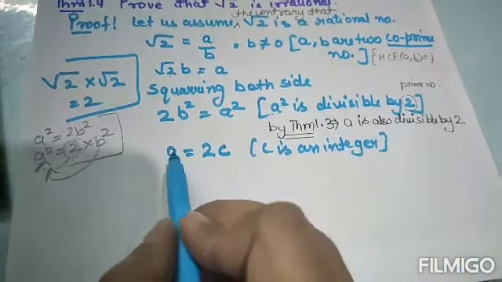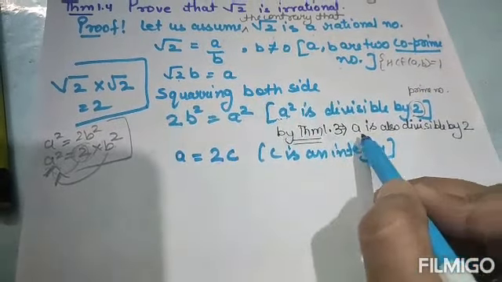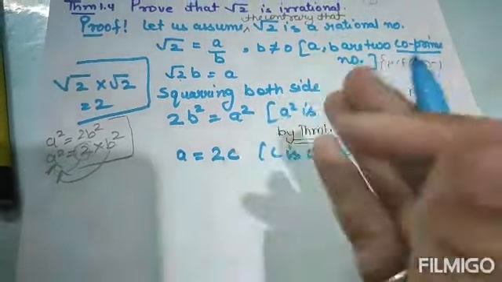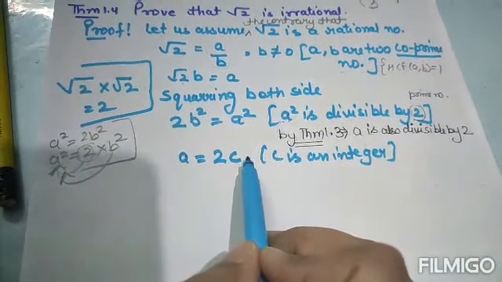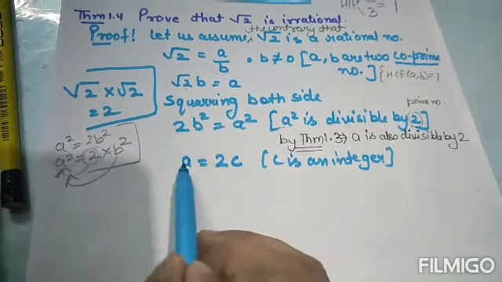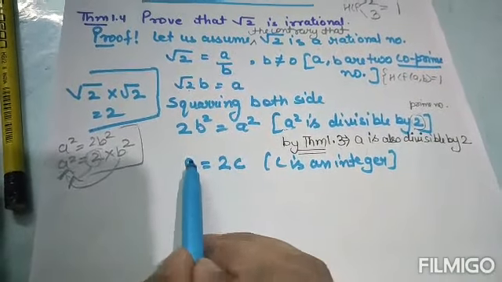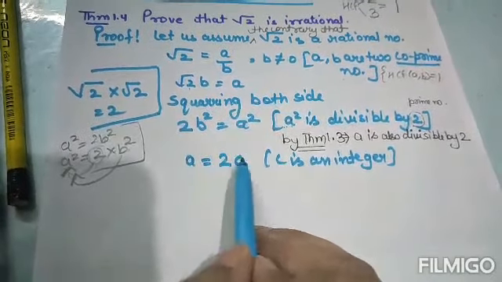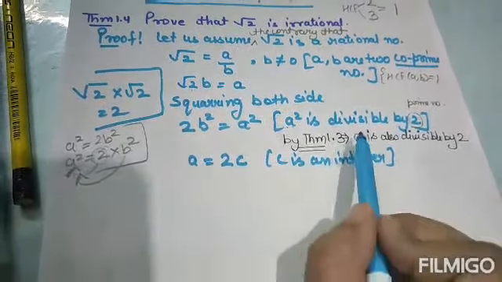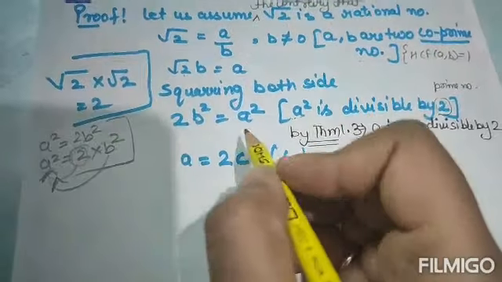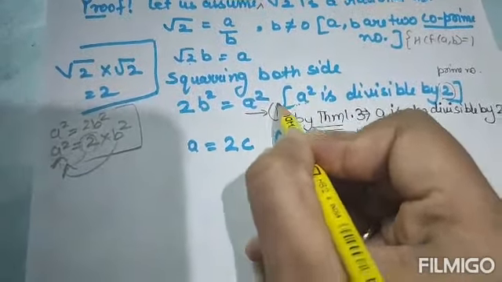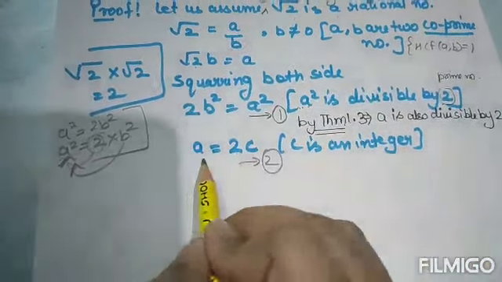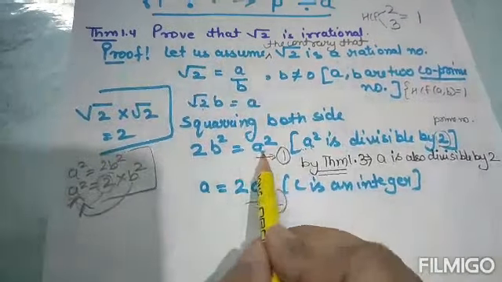This you know कि if 2 is dividing a also, that means कि a will be some multiple of 2, 2 multiply c. That means 2 is dividing a and c is also dividing a. From here we got this. Now look, take this as equation 1. Now take it as 2. Now put the value of a equal to 2c here.